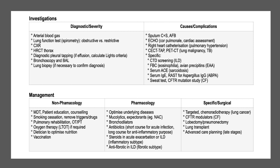And what does the guideline say? For less than 60 years old, you should go for the first jab, which is PCV 13. Then one year later, you should go for PPV 23. This is for less than 60 years old. By the time the patient reaches 60 years old, you can jab again and repeat the same thing, and there are two options. You can either give PPV 23,